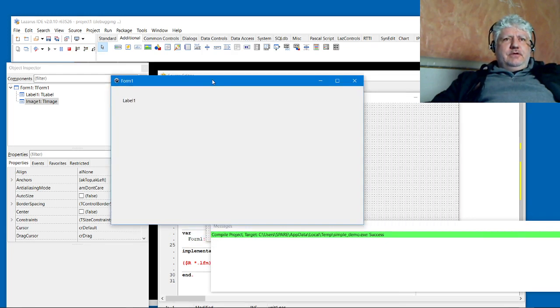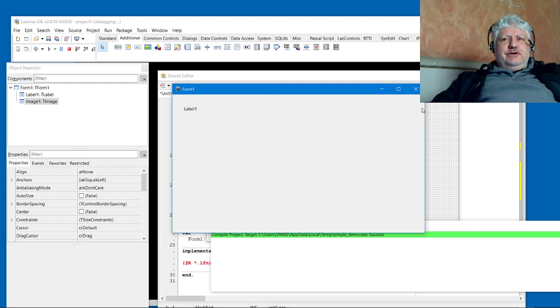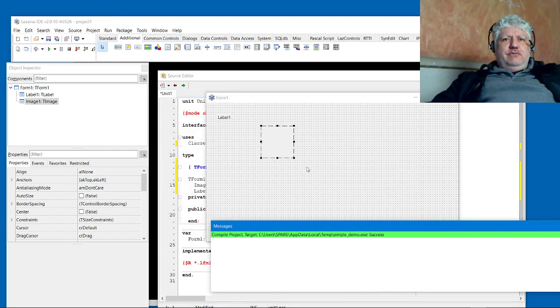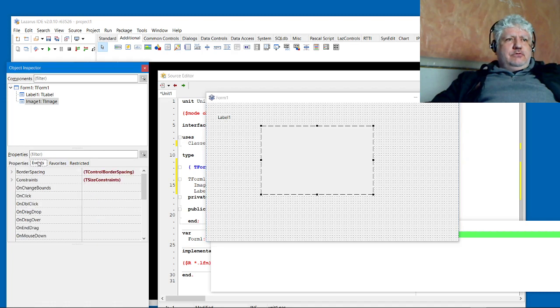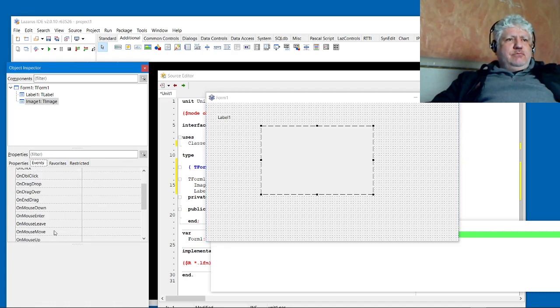Here we go. So of course there's no flicker here because nothing's being changed and nothing would normally cause a flicker. So let's make a change that will cause a flicker. So what I'll do is I will change the label caption here to the coordinates of where the mouse pointer goes over the image. So let's go events and we want to use on move,